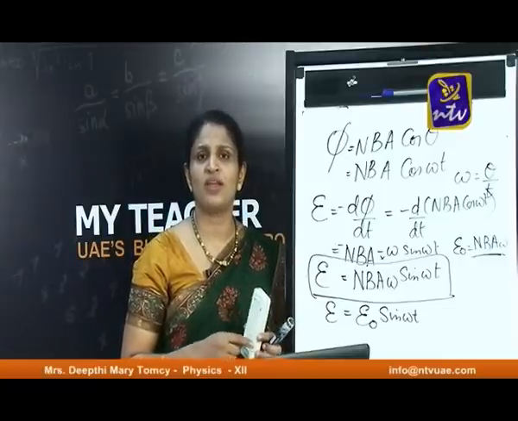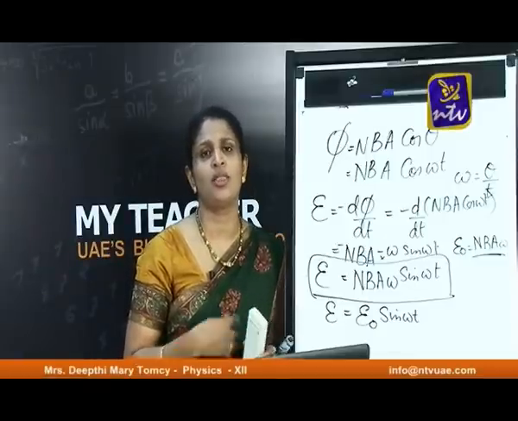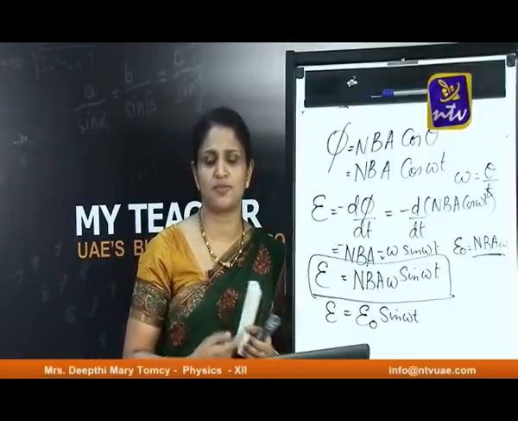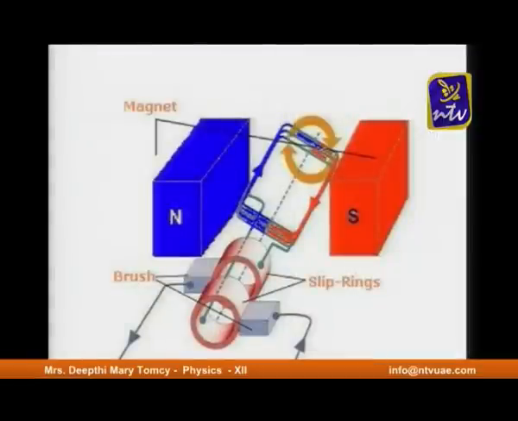Once again, you can see with the help of a slide how with the orientation the magnetic flux changes. You can see in the figure an AC generator. The coil is being kept between the poles of a very powerful magnet. You can see the rectangular coil rotating inside it, and due to the rotation of the rectangular coil, the magnetic flux linked with it will change.